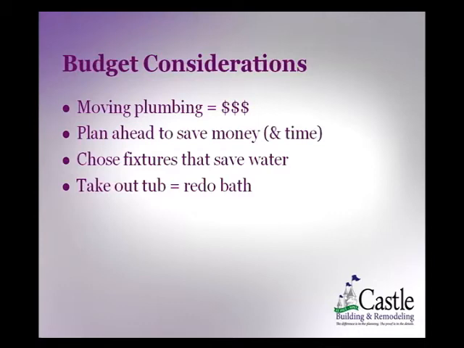So some budget considerations. Anytime you're talking about moving plumbing, especially toilets, your cost is going to go up pretty significantly. Planning ahead, like I mentioned, is going to save you time and money. If your bathroom's demolished and you're waiting for your tile from Italy for 6 weeks, time is money. And choosing fixtures that save water, again, maybe more upfront costs, but in the end,